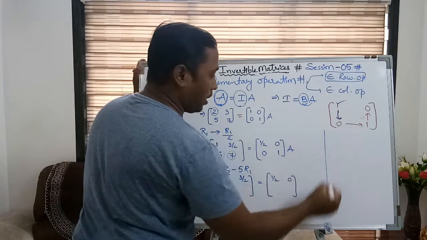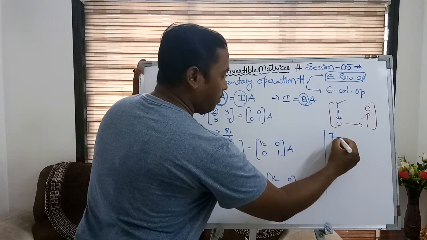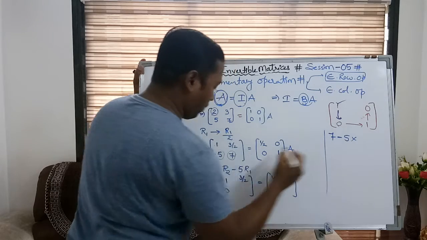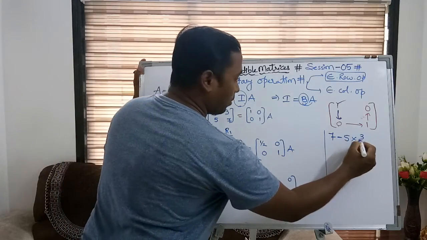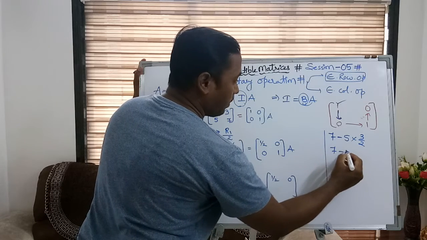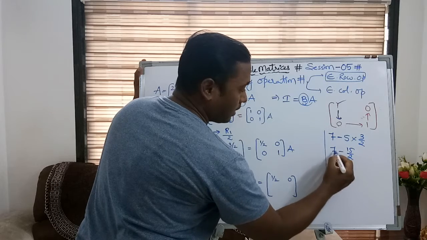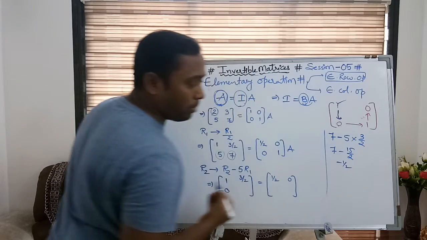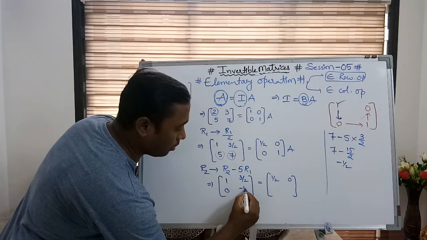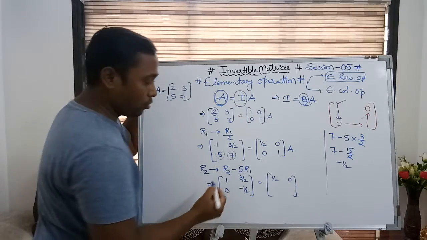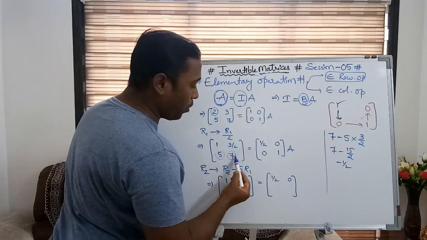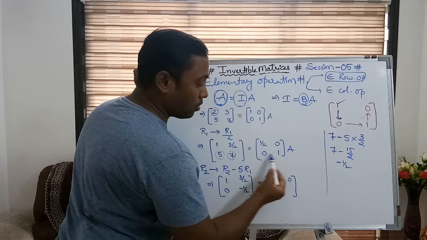I am doing this rough work here. 7 में से 5 times of क्या subtract होगा? 3 by 2 subtract होगा. So 7 minus it हो गया 15 by 2. By taking LCM, minus 1 by 2 is remaining. So I am writing the simple calculation here: minus 1 by 2. So you just keep on doing the same modification in other two elements.